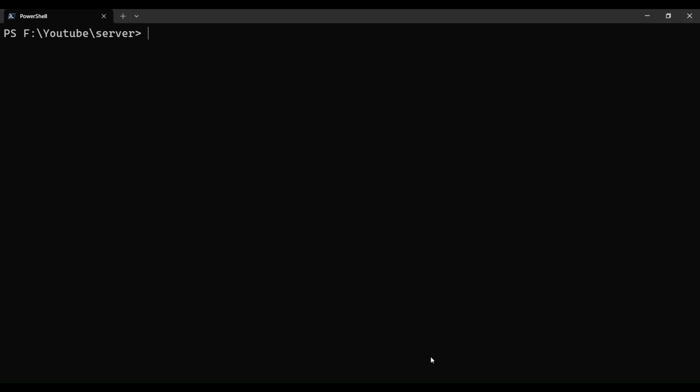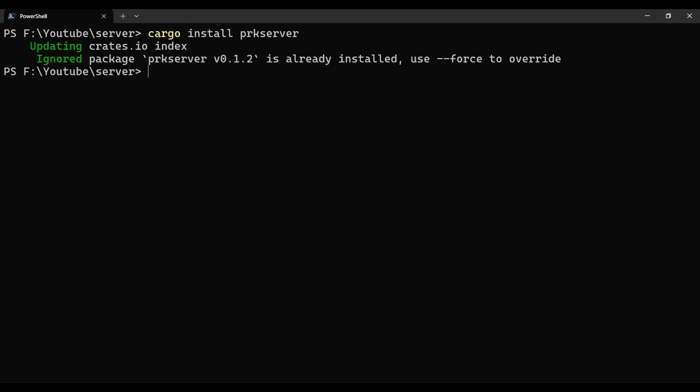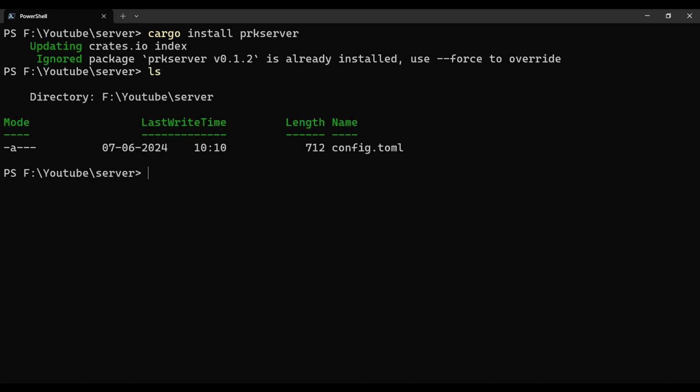So today we are going to create a server in Rust using prkserver. Let me install prkserver real quick. I had it already installed. Let's see the contents of our structure. So we have config.toml file. Let's open it